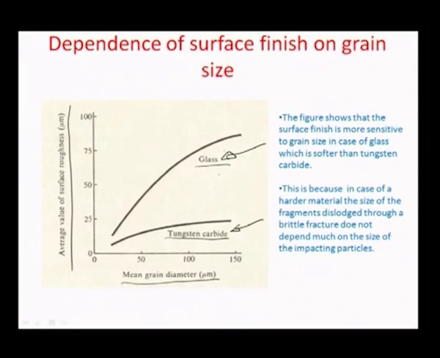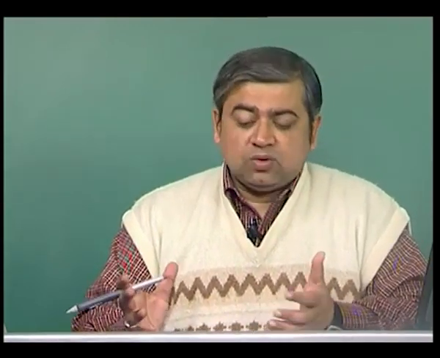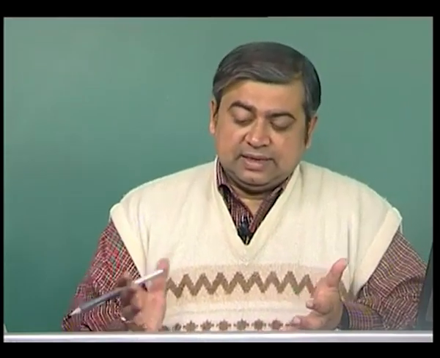But what is important to see here is that if the surface is more brittle, then the surface roughness value which would eventually arise would be higher in comparison to a harder material, for obvious reasons: a brittle material would be more amenable to brittle fracture, and greater chunks of material would come out and form in turn larger craters, and because of the larger craters the overall average roughness of the surface would be higher. So these are some of the dependencies of the various parameters associated with the process, and what I would